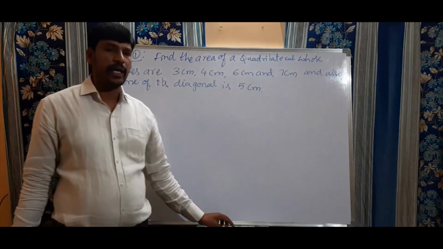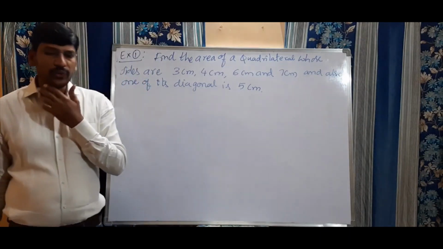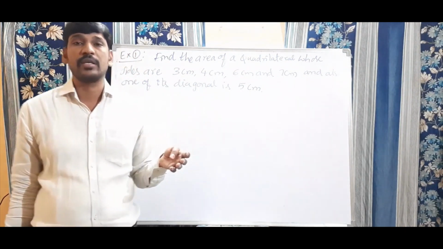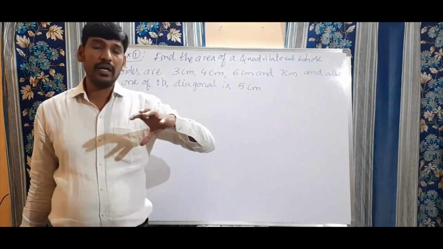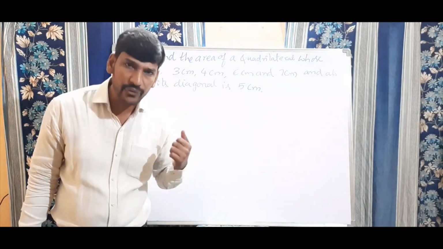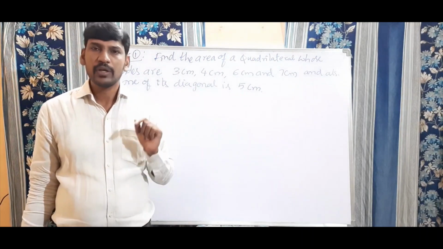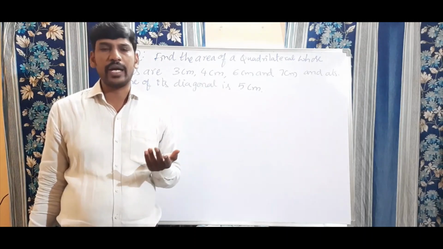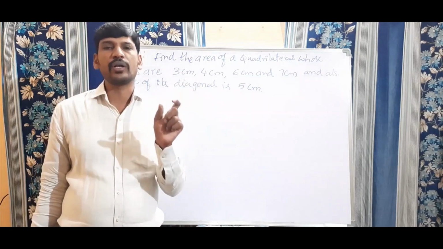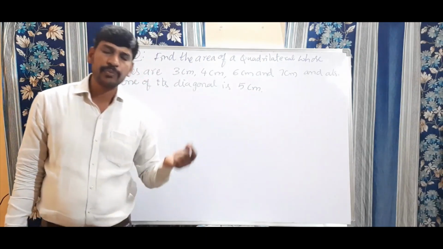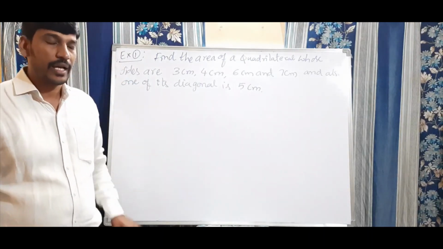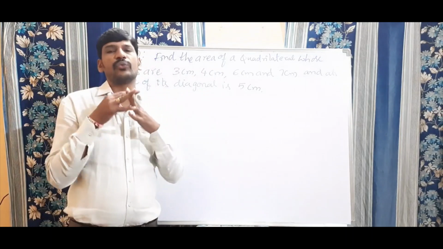How to find the area of a quadrilateral? So generally we know the formulas. If it is a rectangle, square, parallelogram, rhombus, or even a trapezium, these are quadrilaterals. We can find the area by using their formulas. To find the area of a rectangle, we use L into B. To find the area of a square, side into side. For a parallelogram, base into height. Coming to rhombus, half into the product of its diagonals. Coming to trapezium, half into height into the sum of the parallel sides. These are the formulas given to find the area of a quadrilateral.